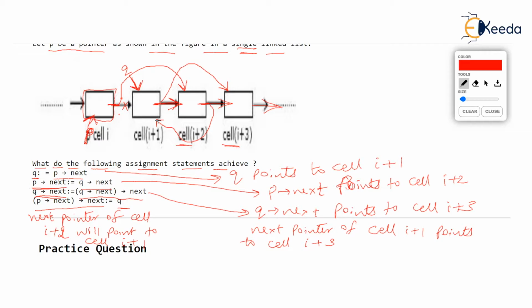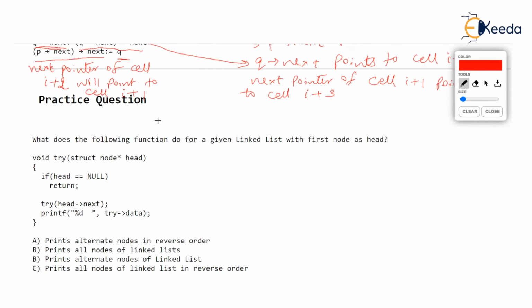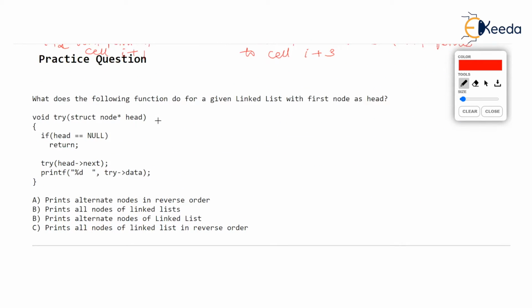Now let's go to a practice question. As I said, all questions here in this video are not gate questions. Let's see a practice question. What does the following function do for a given linked list with first node as head? What that means is we are having some linked list. If not given, it is singly linked list. Okay, it's just a singly linked list with some values,